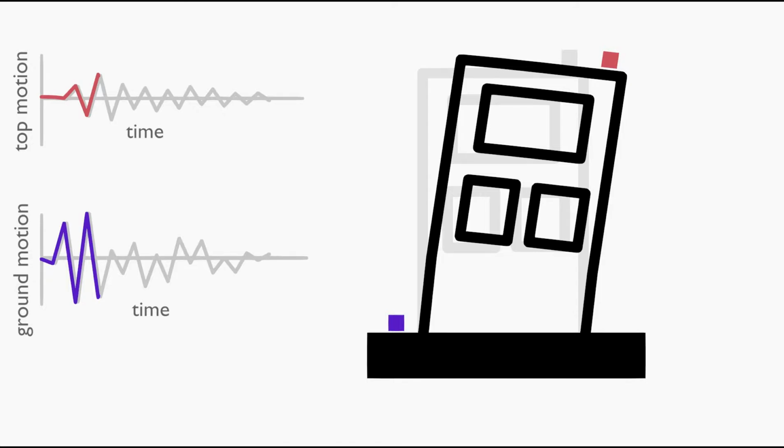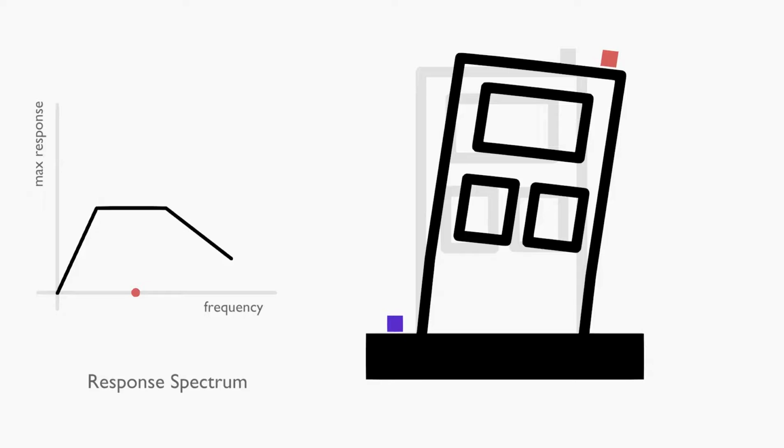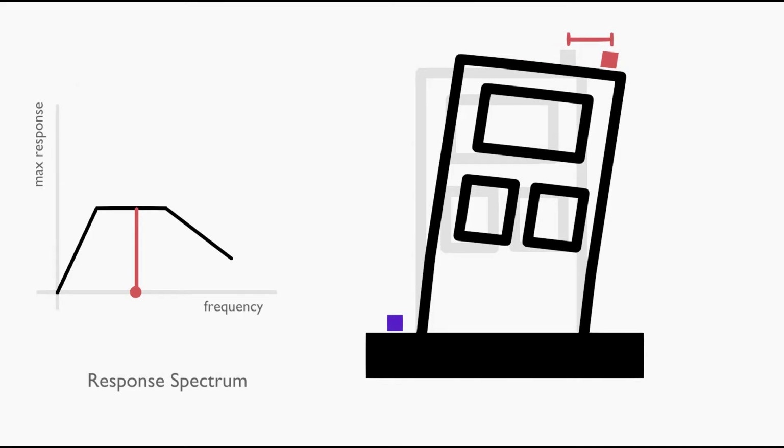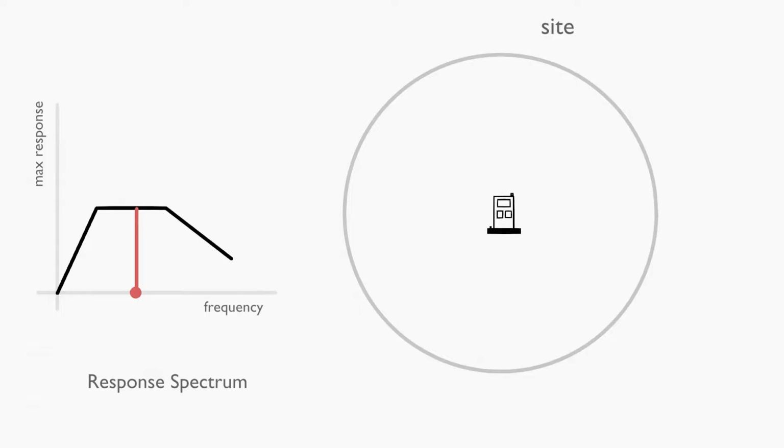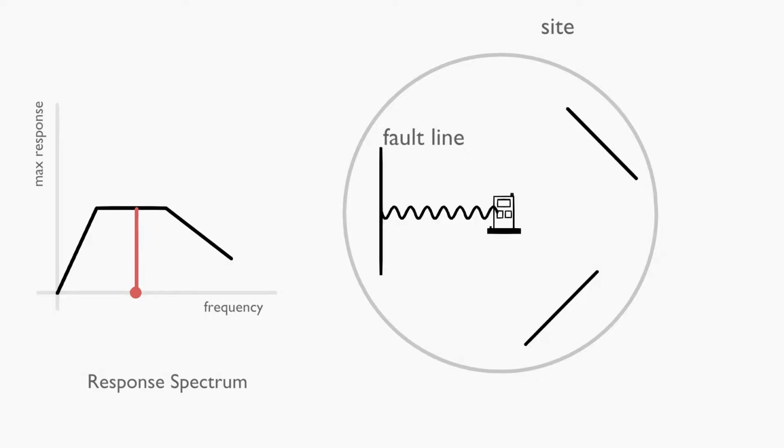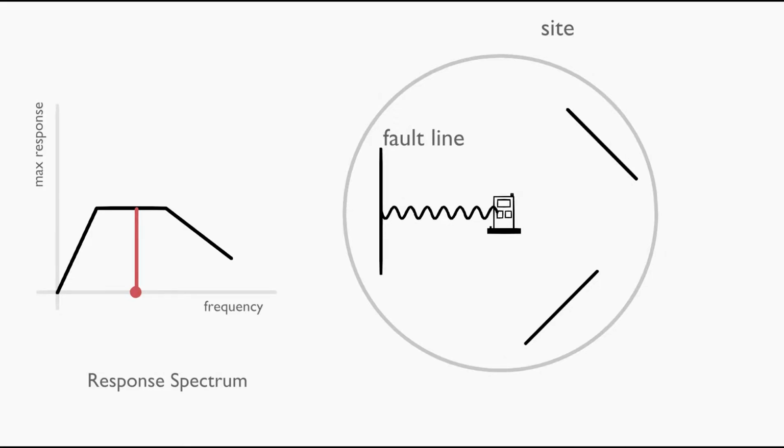This is done with the help of an analysis tool called the response spectrum. It works by directly providing us the maximum response of the structure based on its natural frequency. The response spectrum is generated for a specific seismic zone, where we wish to build the structure, and is defined by the seismic properties of the nearby fault lines. In this video, we are going to learn how the response spectrum is created for a particular seismic zone and how it is used. Okay, so let's start.